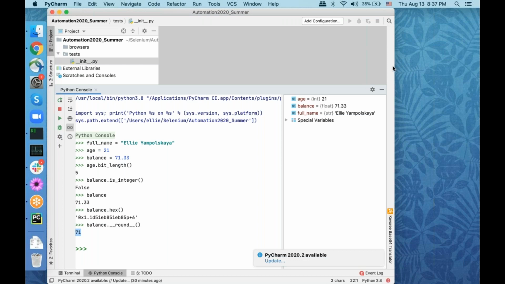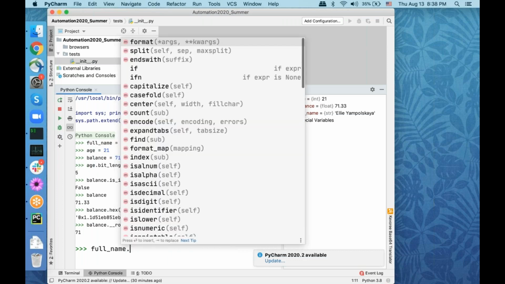Oh, okay. So I guess Shift tab, is that correct? So here we go. Let's try the last one. Let's try full name dot,